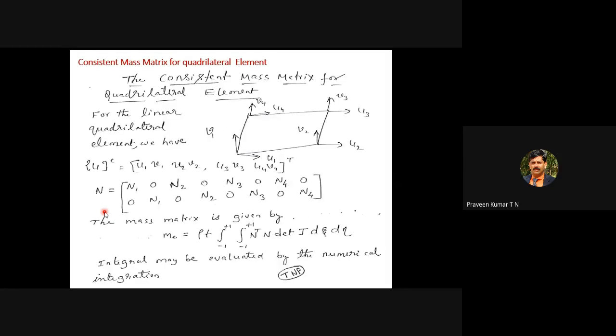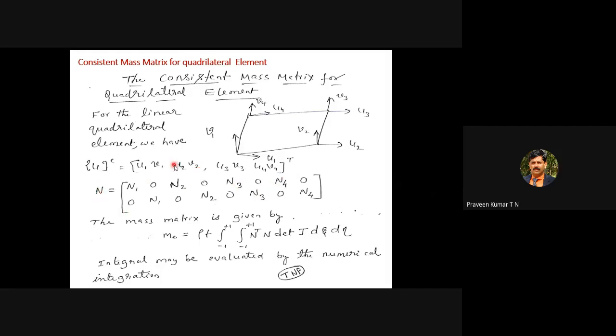element in natural coordinate, and write down what is u. So u is, we have 8 degrees of freedom, u1, v1. So u1, v1 refer to displacement along x direction, u1 at node 1. Similarly, v1 corresponds to displacement of node 1 along y direction. Like that, we have 8 degrees of freedom.